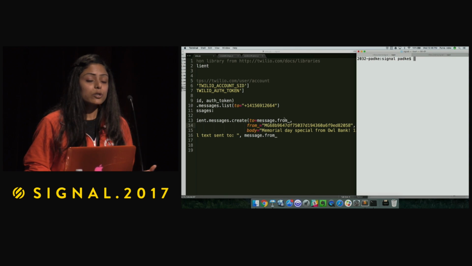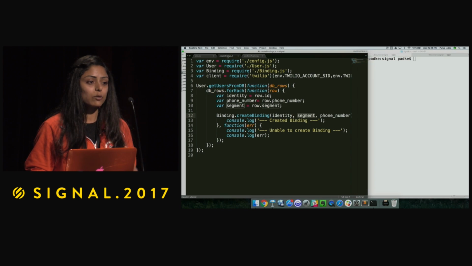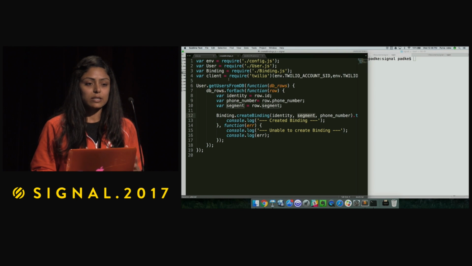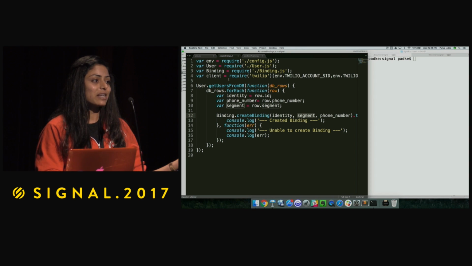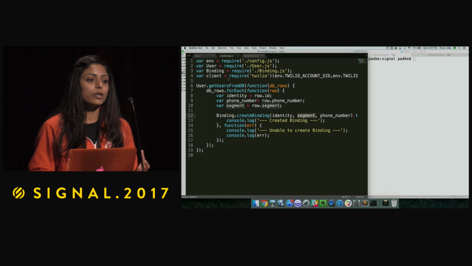So in order to do that, we have a product called Notify. And the first thing I would do with Notify, it's a little bit different from SMS. The reason is, Notify is a user-centric API. It's what Jeff discussed in the morning at the keynote. It's declarative. So you don't really have to tell Notify how you would send that message. All you need to tell Notify is what you need to send. So the first thing I need to create here is what we call a binding. And a binding is nothing but an association between a user and a phone number.